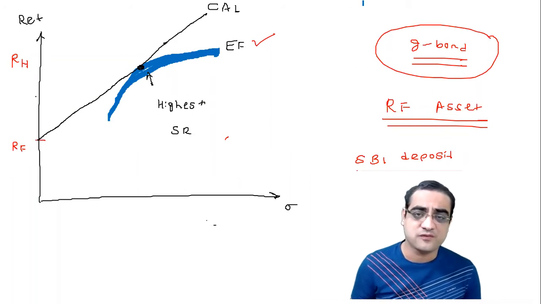So you need to see whether the client is okay to invest into an SBI deposit or a post office scheme as a tool for investing into a risk-free asset. If he says no, then you will consider the efficient frontier for capital allocation purposes. And if he says yes, I can invest into an SBI deposit, then the risk-free rate is available for investment, and you will consider the capital allocation line as a tool for capital allocation. All right, so I think this kind of theory, which we did for around 15-20 minutes, should be good enough.